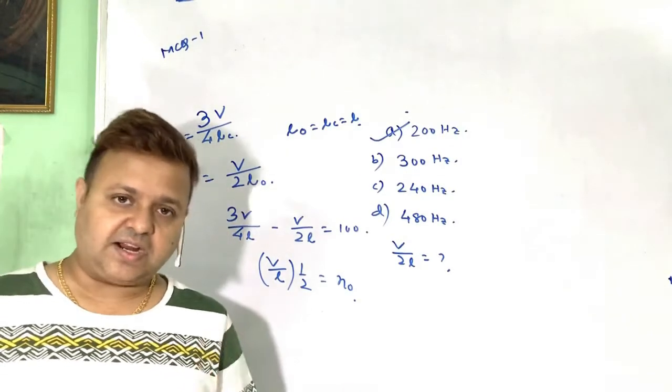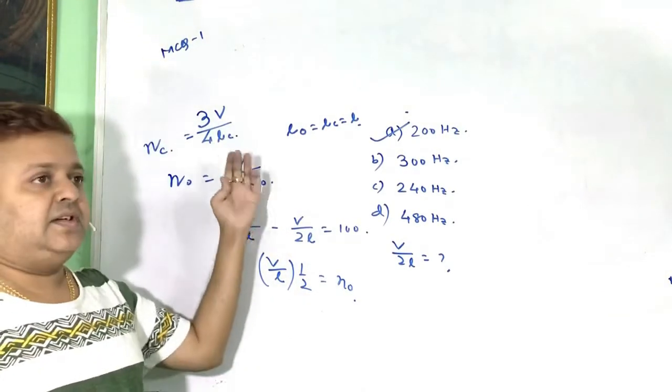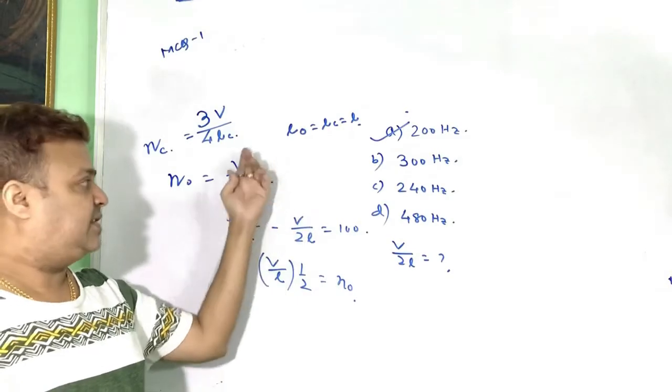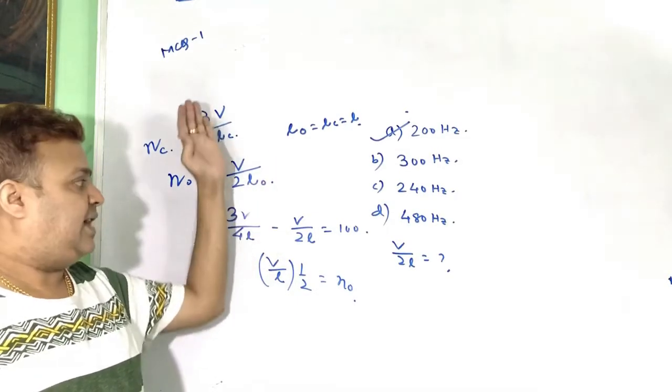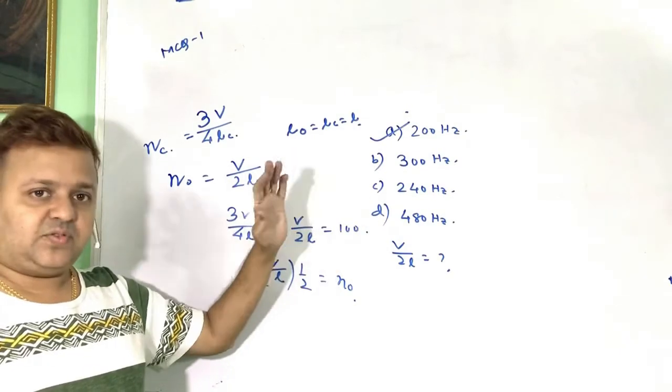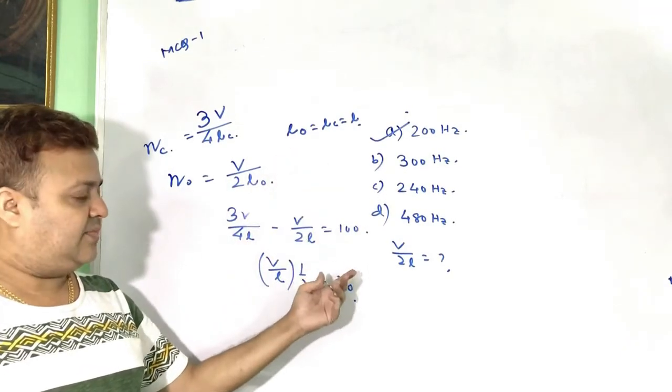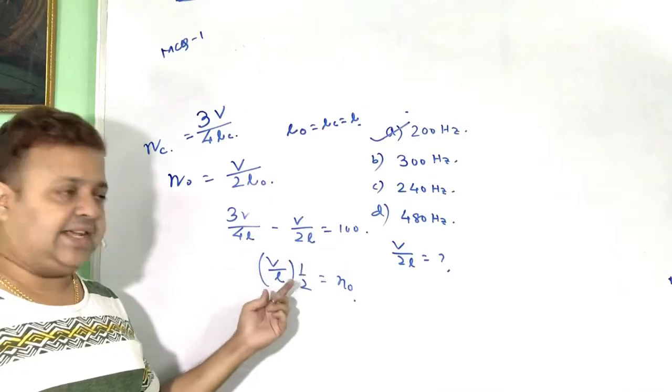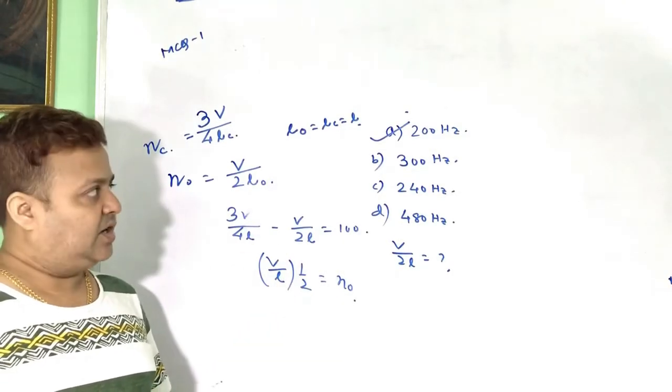The frequency of the third harmonic of the closed pipe, that is 3v by 4L. Fundamental frequency of the open pipe, that is v by 2L. It is found to be higher by 100 Hz, that is difference is 100. The length of both pipes is the same, because equal করে দিলাম। We have to find the fundamental frequency, v by L বার করলে তাকে হাফ দিয়ে মাল্টিপ্লাই করব। অপশন B আসছে।